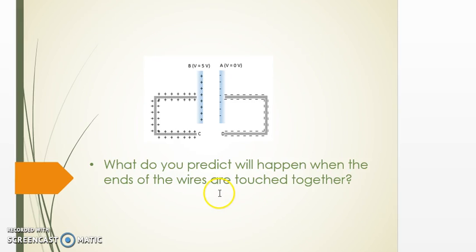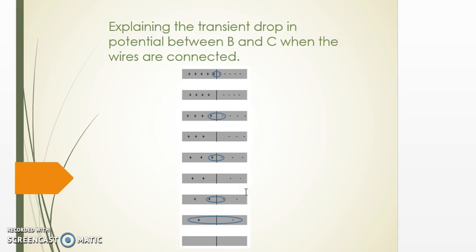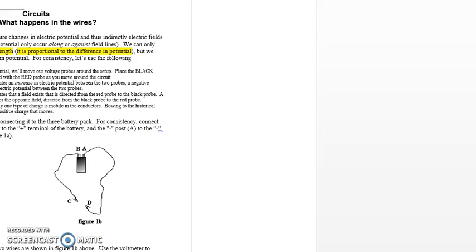Okay, finally, after all these preliminaries, we can ask the obvious question, what happens if we touch point C and point D? I think it's very intuitive that the charges are going to flow through the wire and neutralize, and I don't think students would have any problems accepting that. The challenge is to explain that in terms of the creation of a field, and this is where we get to the interesting point in the lab,